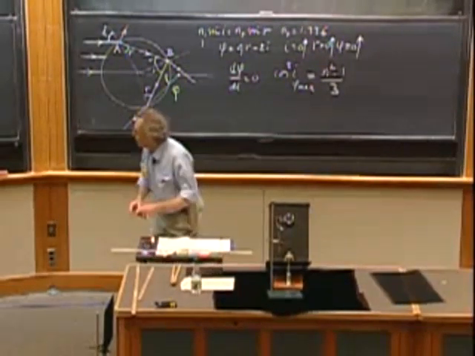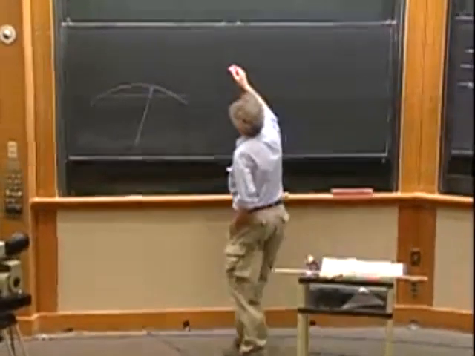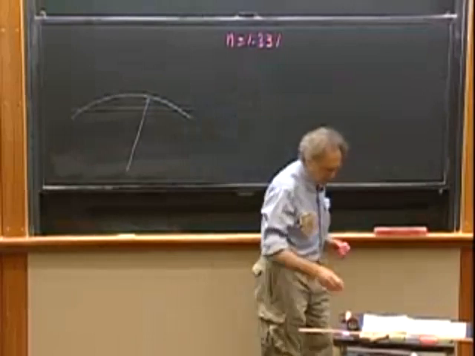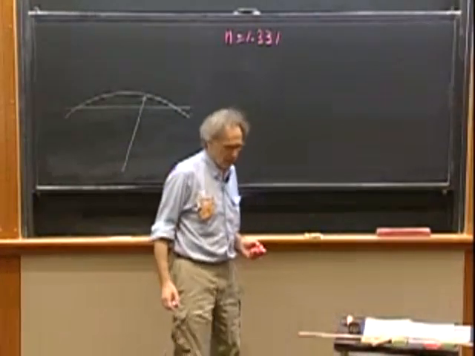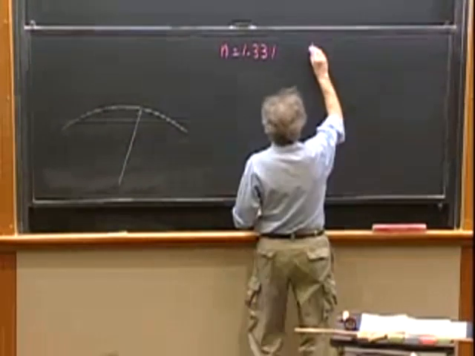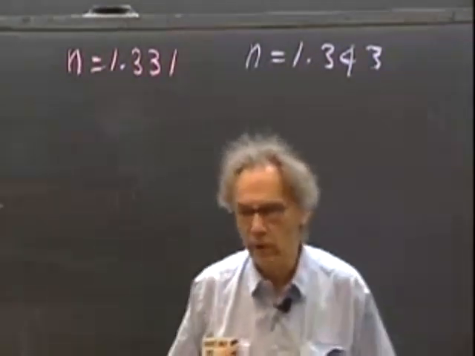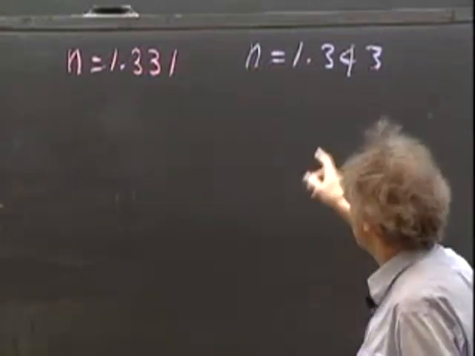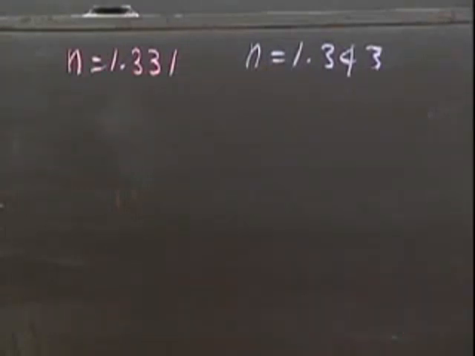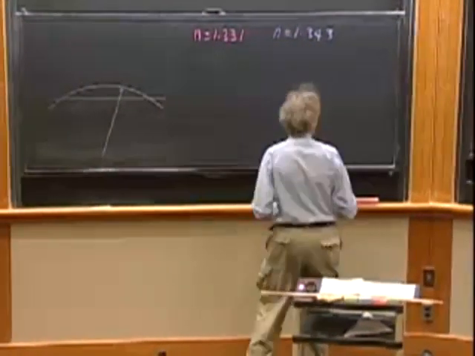So let us write now on the blackboard here what happens for the different colors. So we have here N, red, is 1.331. Notice that I'm now going to be rather specific about colors, because that's, of course, behind the rainbow. And violet, which is sort of the shortest wavelength that we can see, for violet light, N is 1.343. For clean water. Seawater, it is a little different. So notice there's a 1% difference. That means the speed of light for violet blue light is about 1% lower in water than the speed of light of red light.